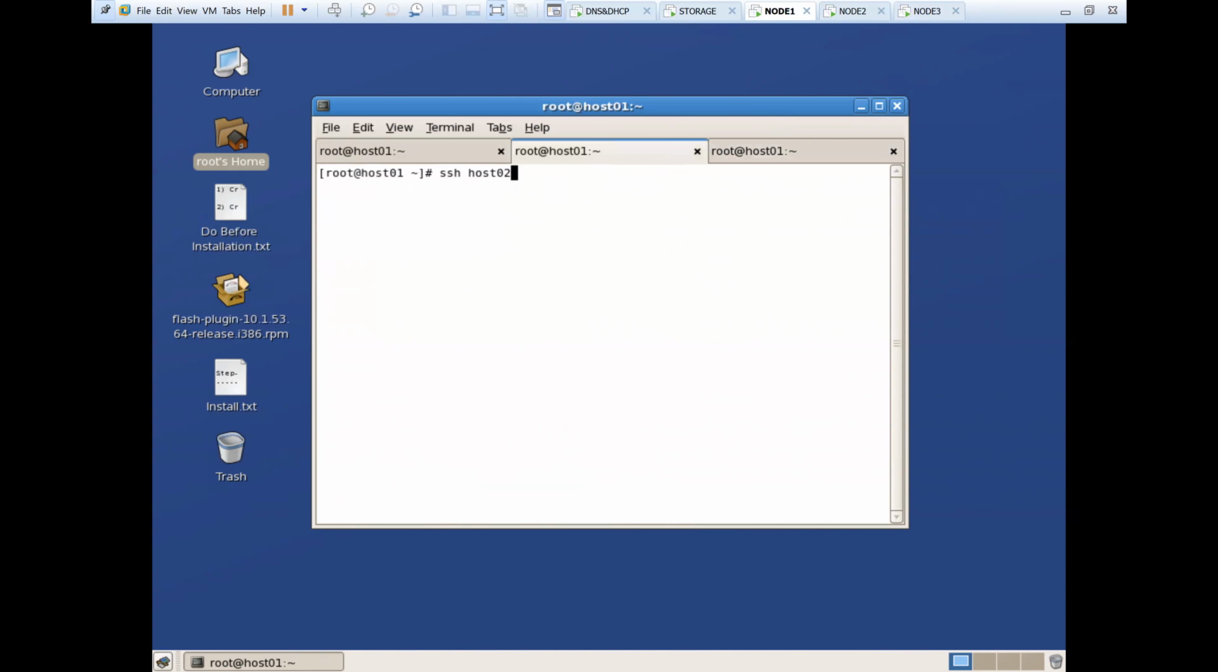Okay, let me go ahead with this, and I'll come back with an explanation for SSH later. Now I'm using SSH to connect to host 02 from my node 1, and it is asking for the root password. Now that I'm logged into host 02,